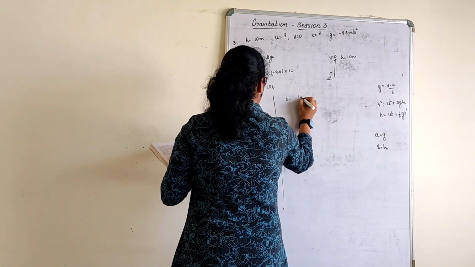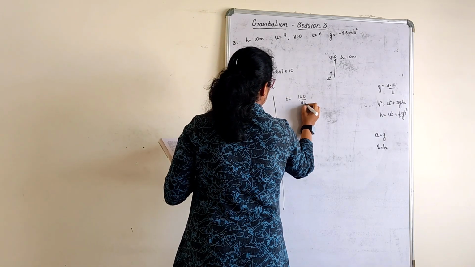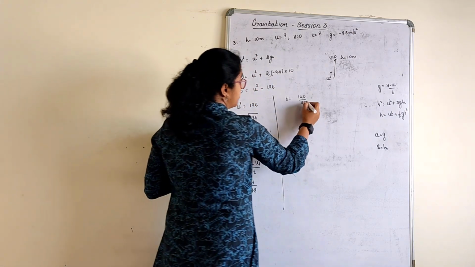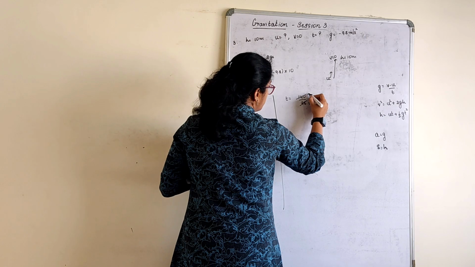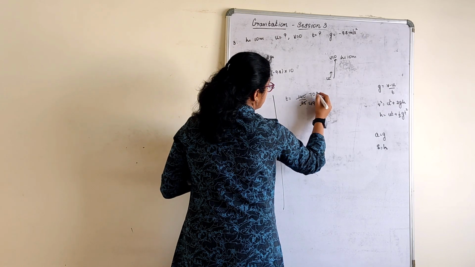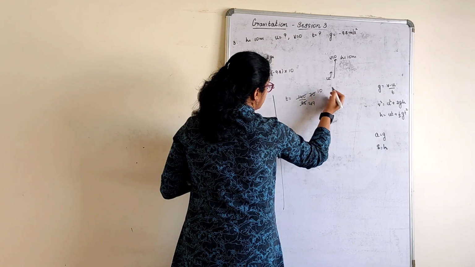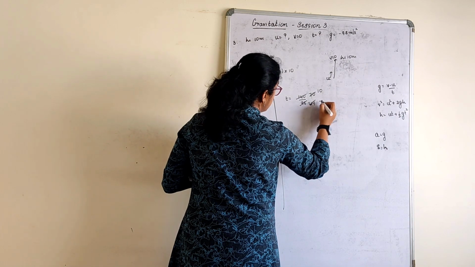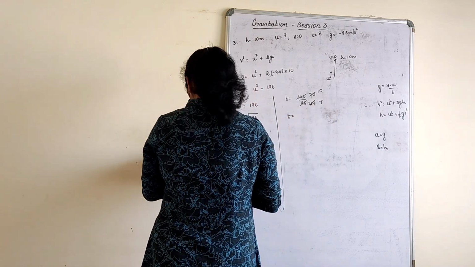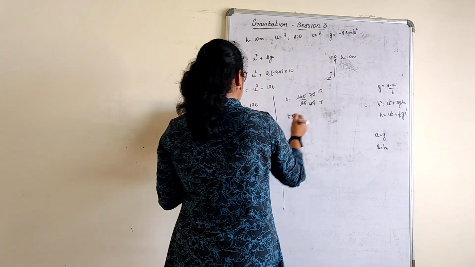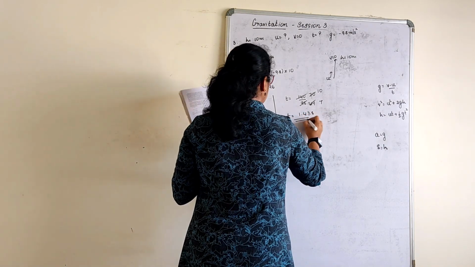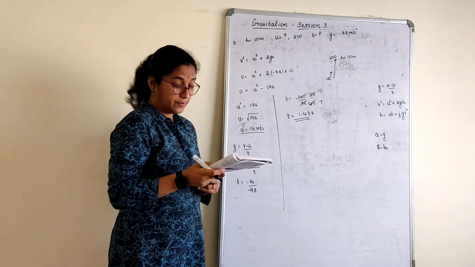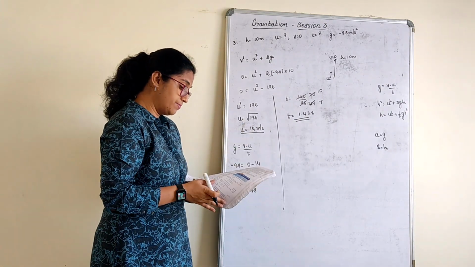T is equal to 140 upon 98. I have removed the decimal. 2 4s are 8, 2 9s are 18, 2 7s are 14, 0, 7 10s are 70, 7 7s are 49. So time is equal to, we'll get that in decimal, that is 1.43 seconds. Okay. We'll go with the next one.